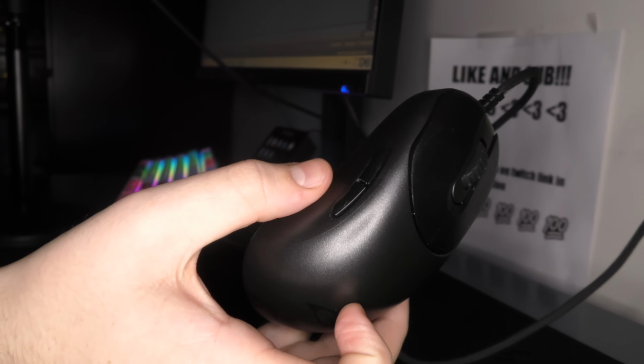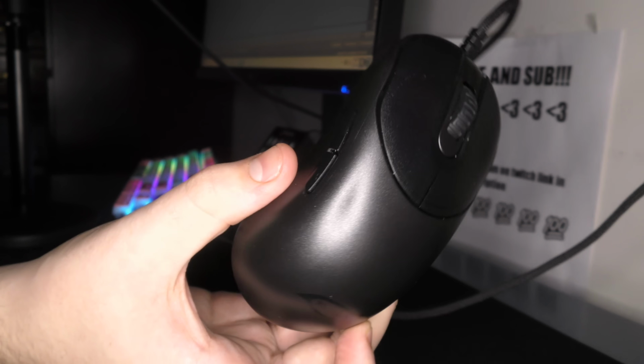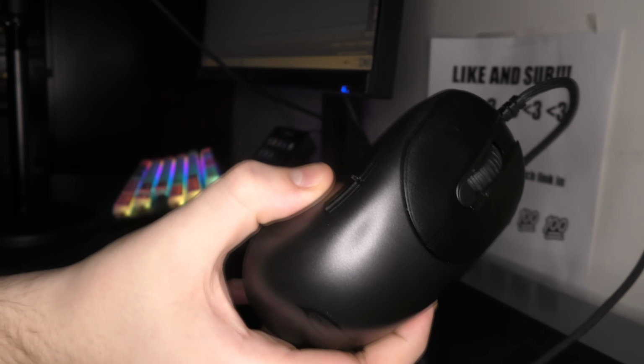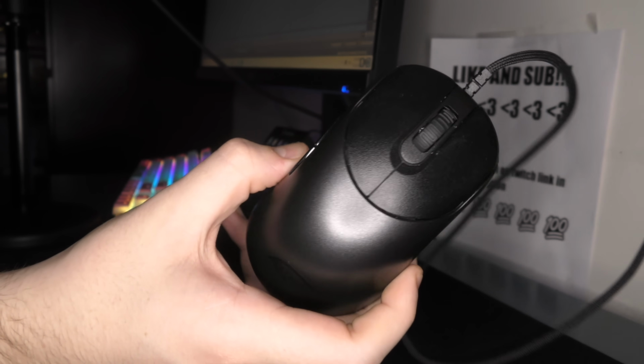But yeah, it's $60, very competitive pricing. Then again, the XM1 is $60, and I just still feel like that's a bit better value. You're getting a better cable, some nicer feet. But this mouse, built to last, solid purchase. I'm going to give it a light 8 to an 8.5. Can't really decide. Let me know what you guys think, and let me know